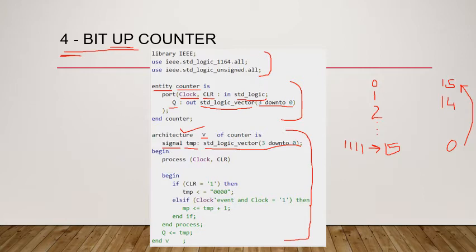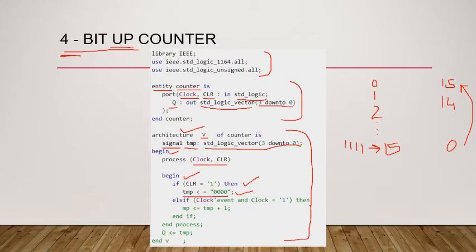Then we begin the architecture. We write process, and in the process, we give clock and clear. If there is a clock signal or a clear signal, then the statements would be executed. Next, we begin the process. Now, if clear is 1, that is the clear signal is activated, that means we have to clear the output. Then in TMP we store 0000. Just note this, we are writing these 4 bits 0000 in quotes. Whenever we have a vector, we write it like this only.